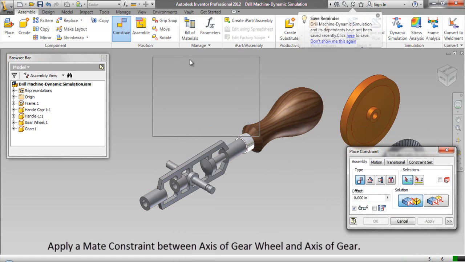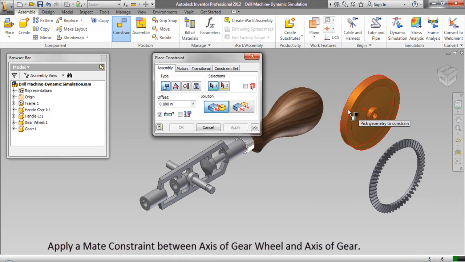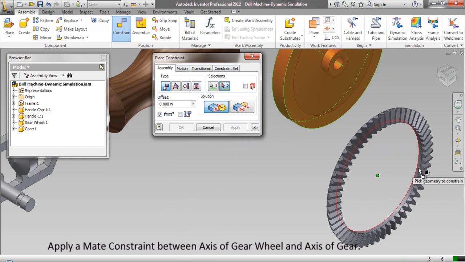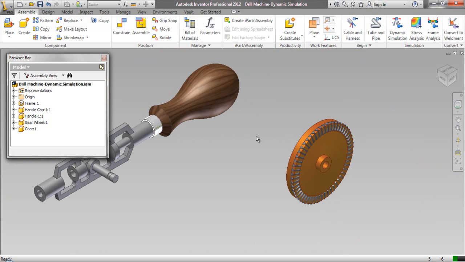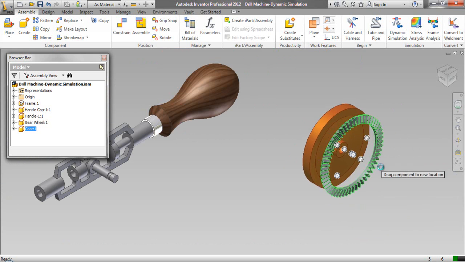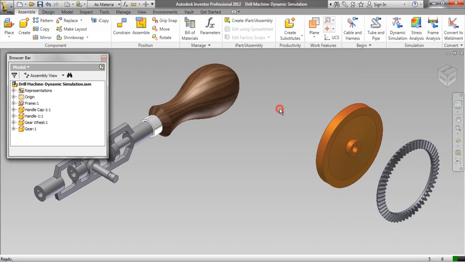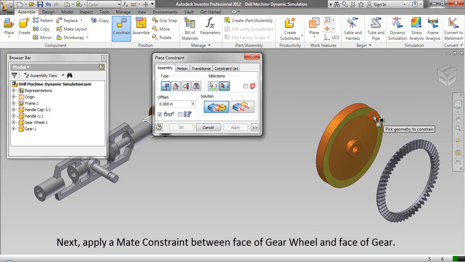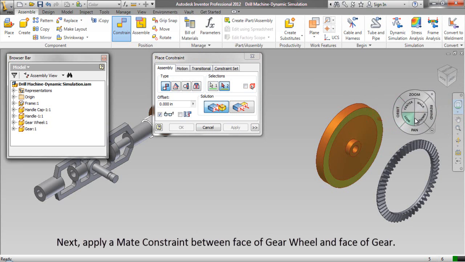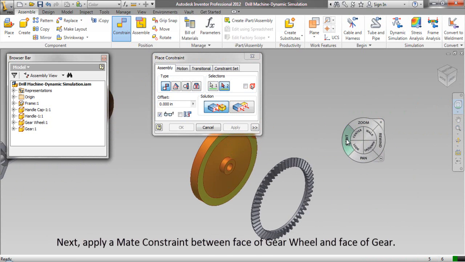Apply a mate constraint between axis of gear wheel and axis of gear. Next, apply a mate constraint between face of gear wheel and face of gear.